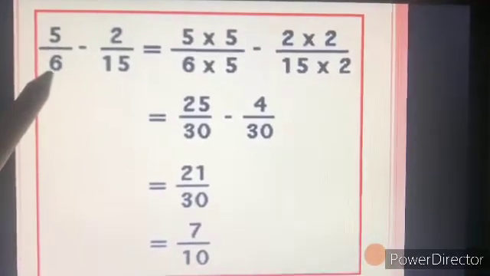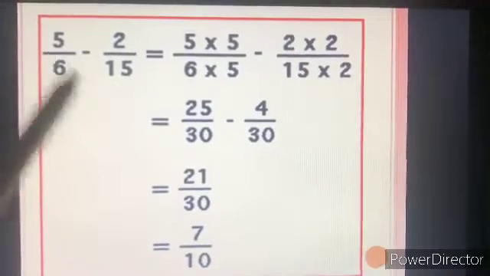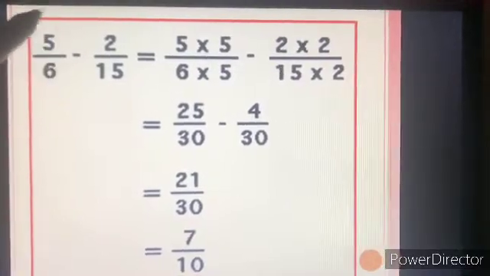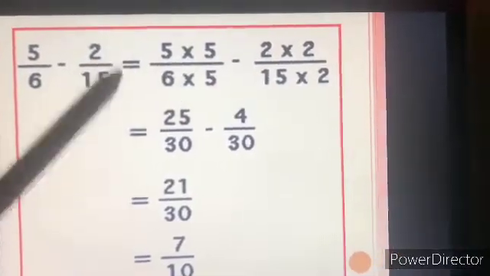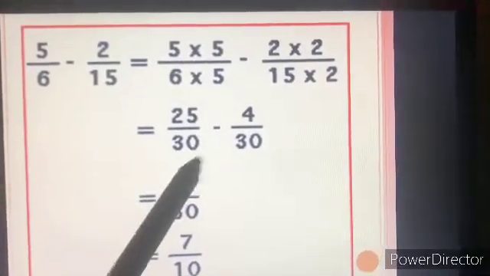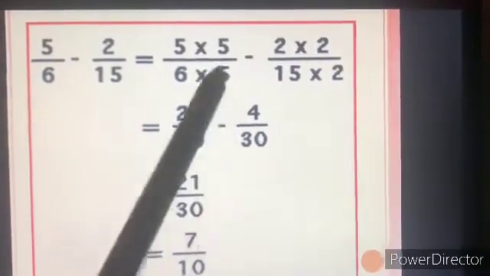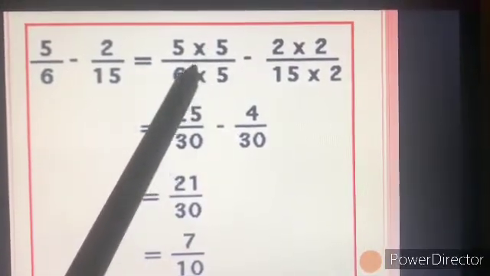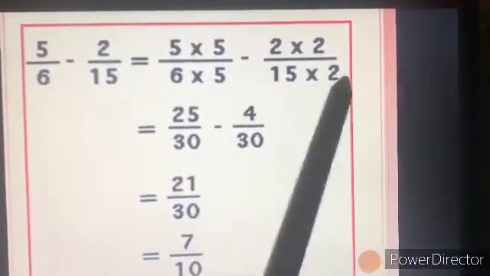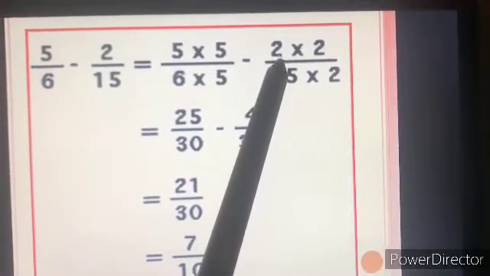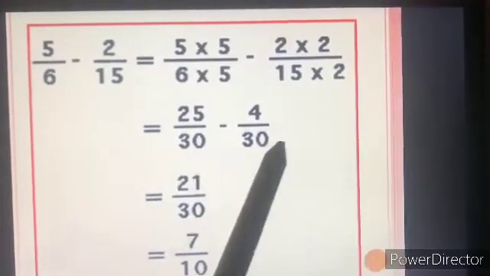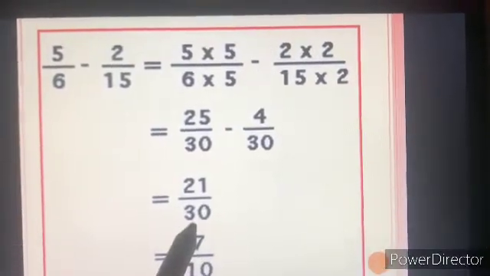So I found out 6 5s are 30 and 15 2s are 30. So I will multiply this part with 5 and this part with 2. Simply, 6 5s are 30, 15 2s are 30. So when I multiply it with 5, I will multiply the numerator also with 5. So 5 5s are 25. As 15 2s are 30, I will multiply my numerator also with 2. 2 2s are 4. Now because the denominators are the same, 30, I will keep them as common and